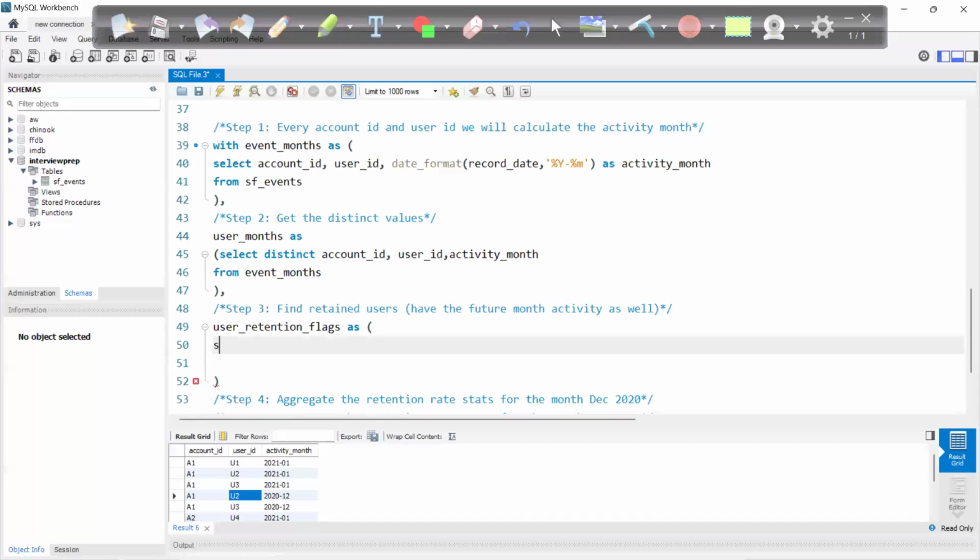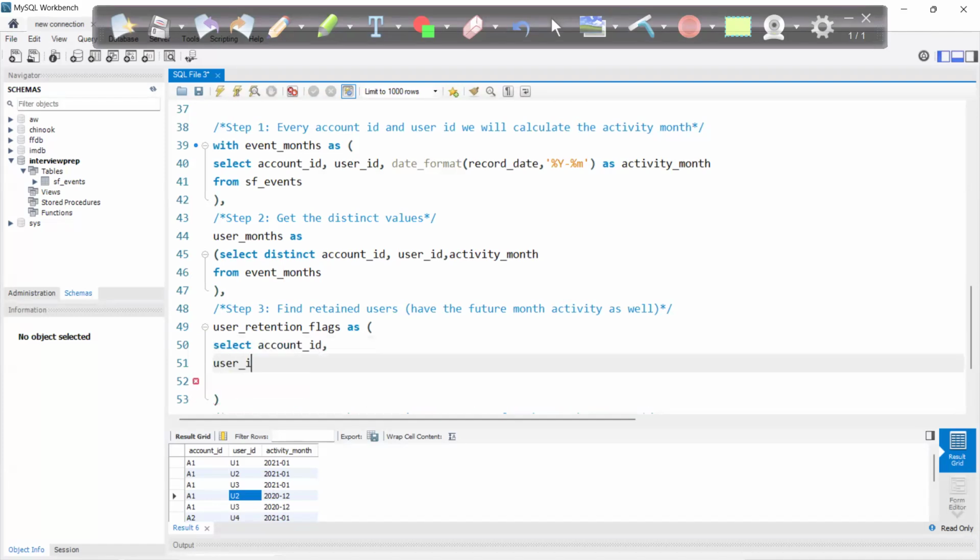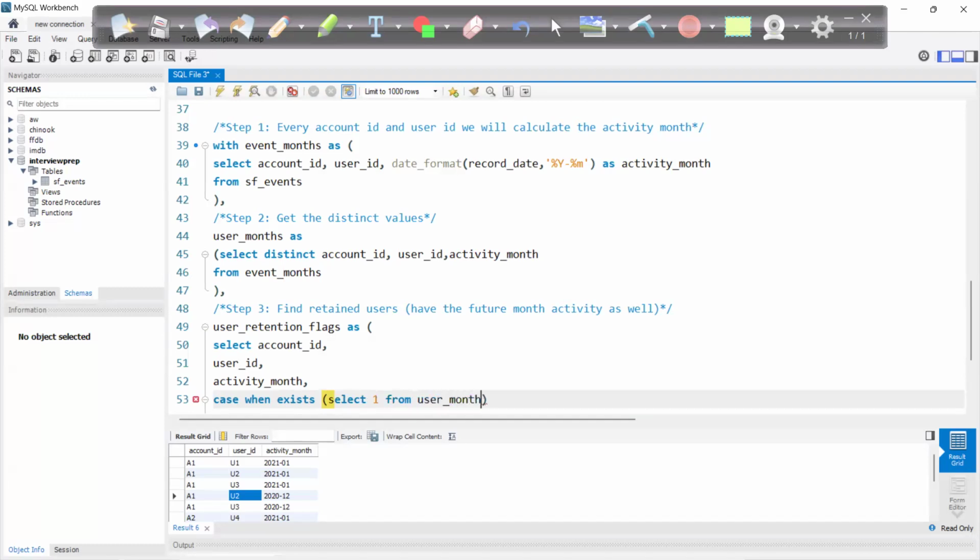So here I'll say select account ID, user ID, activity month, case when exists. Select one from user months. Let's give this as UM2,